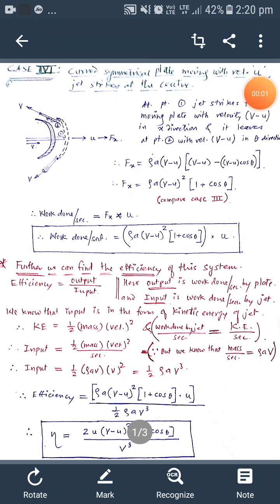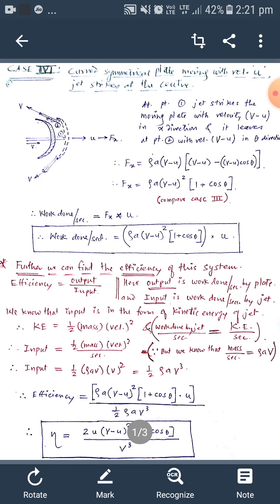Students, now we shall consider another case: instead of a flat moving plate, suppose there is a flat curved plate. In this, the only change is that the jet is diverted in the backward direction, instead of a flat plate. As far as the mass flux is concerned, the relative velocity has to be considered, that is v minus